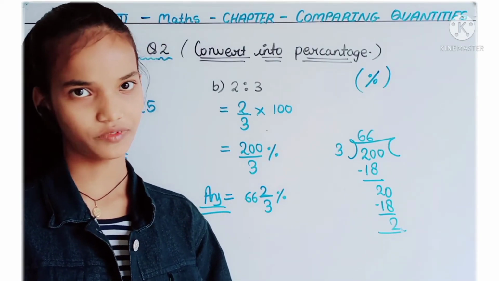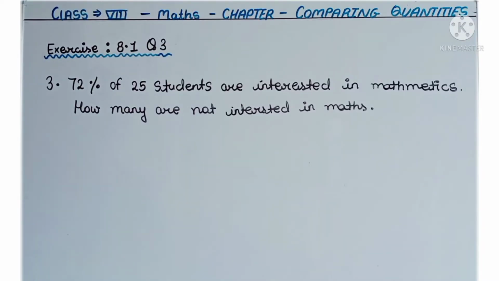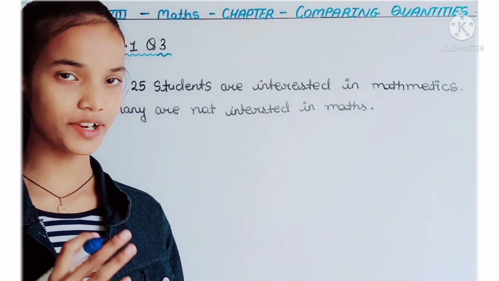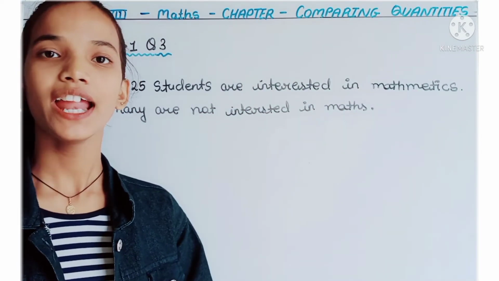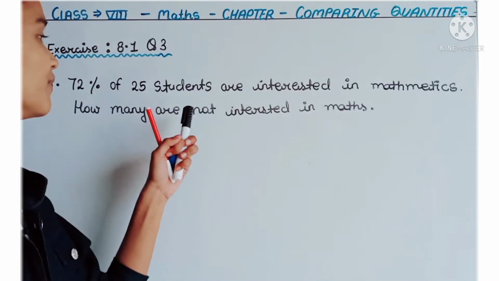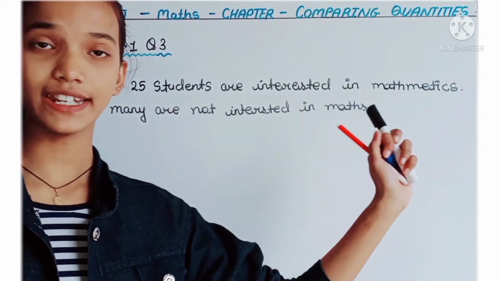Now let's come to the third part. Here is the third question of this exercise. This question seems to be a little bit tougher than the earlier questions, because this is a word problem and you have to think about it by concentrating on the question. Then the concept will be so clear to you that you will be able to do the next question. So here we have given 72% of 25 students are interested in mathematics. Means